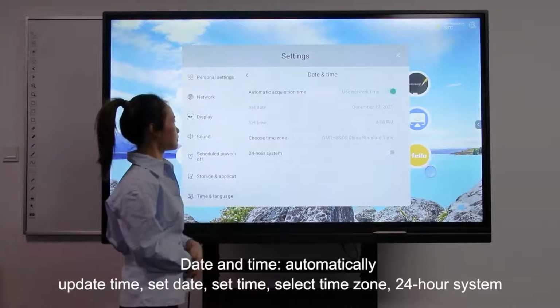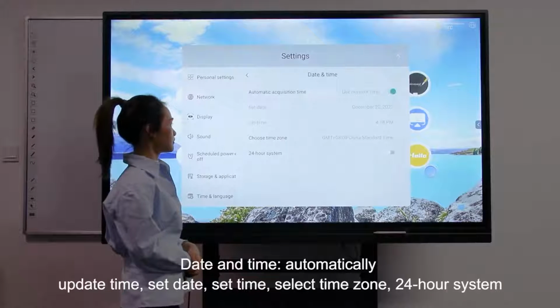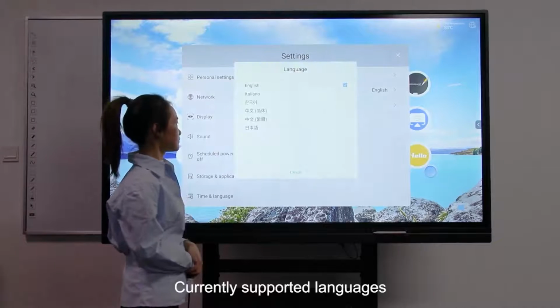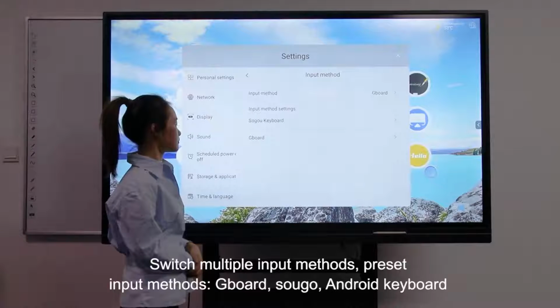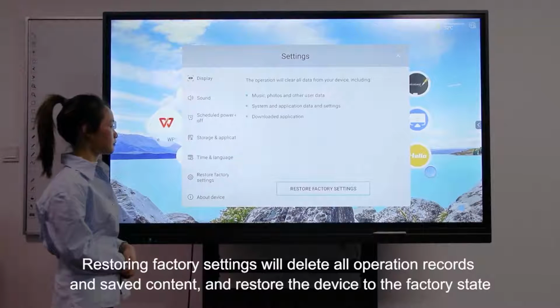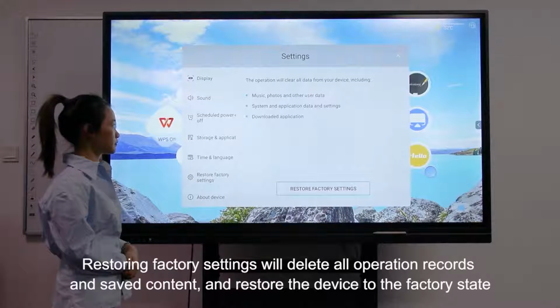Date and time. Automatically update time. Set date. Set time. Set time zone. 24-hour system. Currently supported languages. Switch multiple input methods. Preset input methods: Gboard, Sogou, Android keyboard. Restoring factory settings will delete all operation records and saved content, and restore the device to